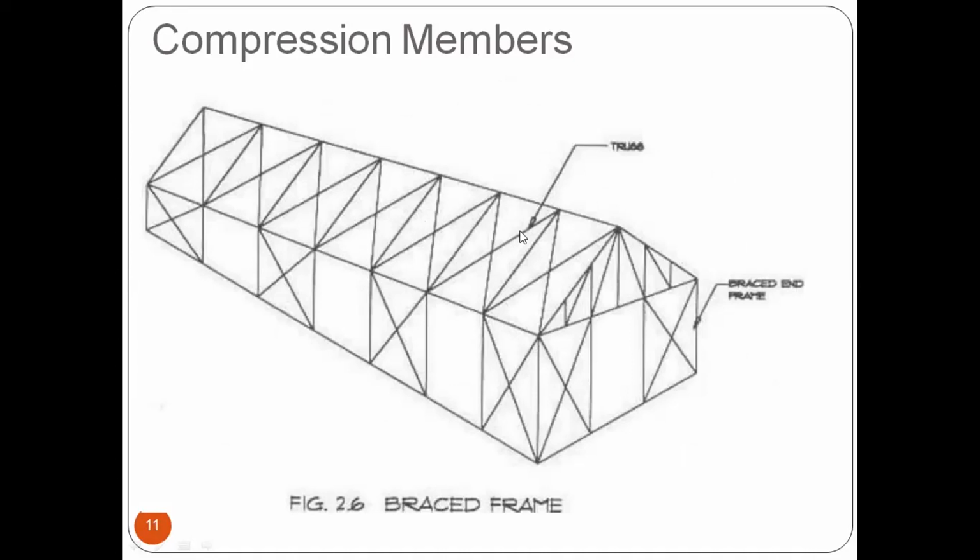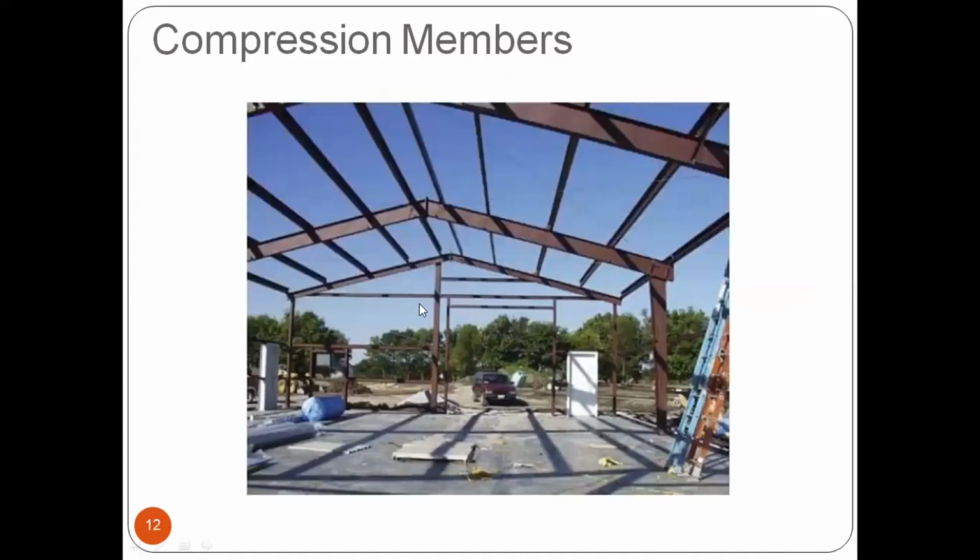In the truss there will be strut members connected to the gusset plates, which are subjected to a compression force. Not only that, even in bracings the members will be subjected to compression. So these are the real applications of your compression members. You can see the practical picture of the rafter and the column, right? These kinds of structures are called PEBs. PEB stands for pre-engineered building.